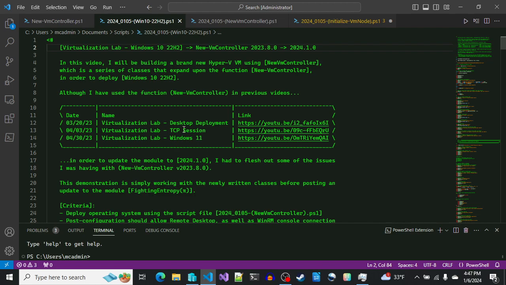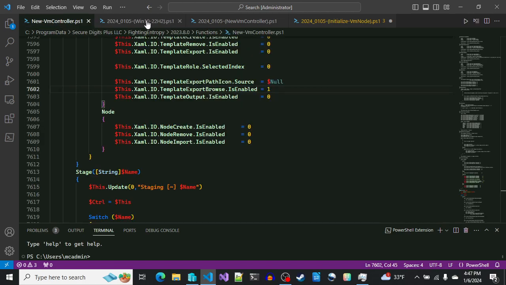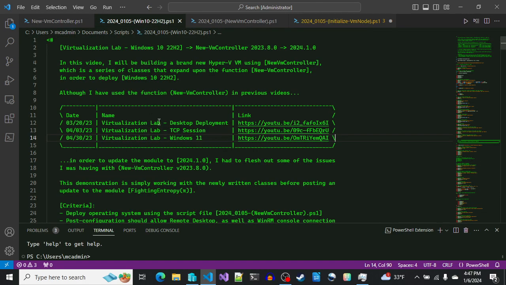I will be building a brand new Hyper-V virtual machine using New-VmController, which is a series of classes that expand upon the function New-VmController in order to deploy Windows 10 22H2. Although I have used the function New-VmController in previous videos, in order to update the module, I had to flesh out some of the issues I was having with New-VmController in version 2023.8.0, which is right here. So this demonstration is simply working with the newly written classes before posting an update to the module,